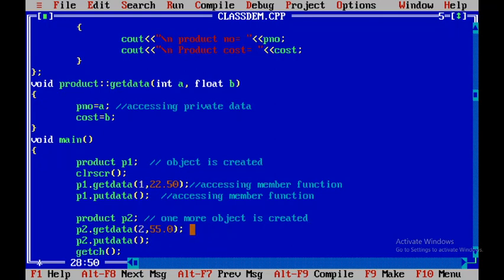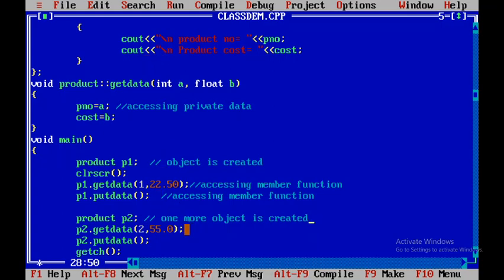That means again this product P2 will have some product number and some cost, but we have to assign some values to them. And as I said before, PNO and cost are not directly accessible, they are hidden, they are written in the private section, this is private data. So to access this private data we have to use the getData method, where we can assign the values of the parameters to the private data members as per the code written.